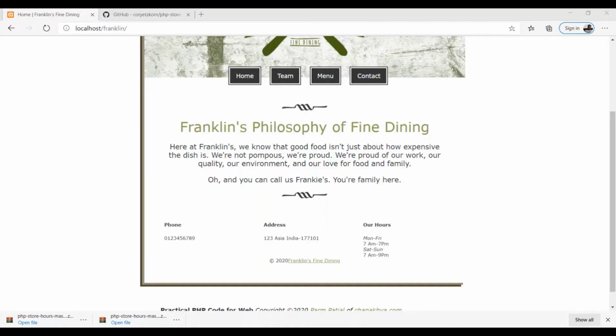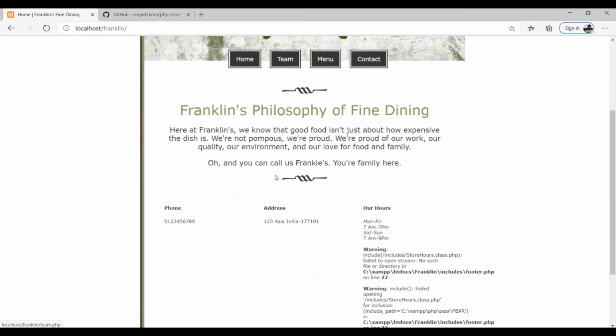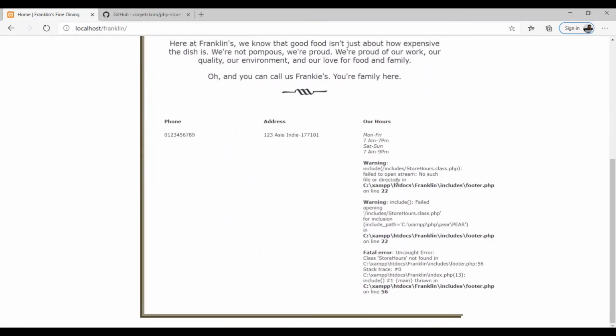Save the changes and move to your browser. Here in the browser, I'm just going to refresh to view the changes. Here you see, it says failed to open, no such file, given the wrong path here.